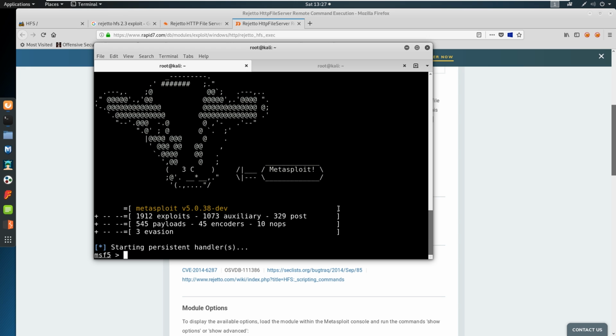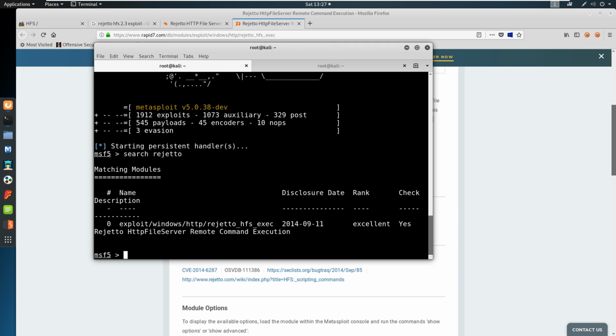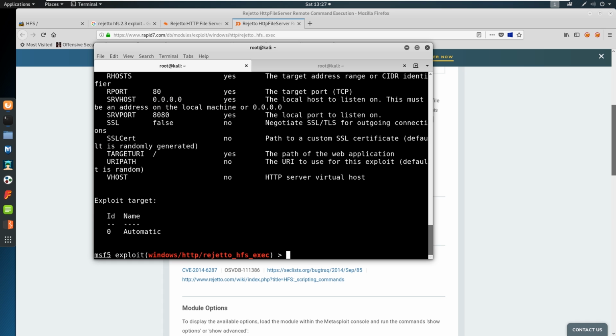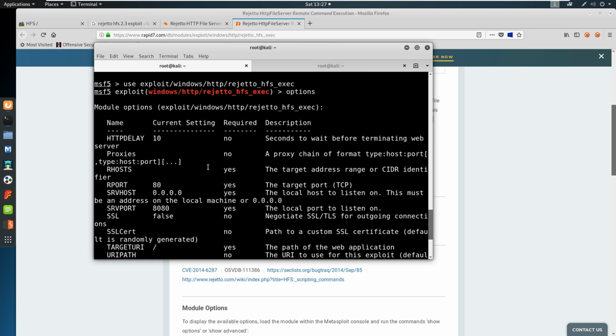So we could try a 64-bit payload first. If it doesn't work, then we'll go with a 32-bit payload and just be safe. So let's go ahead and just search for Rejetto real quick. And then we'll say use exploit windows/http/rejetto_hfs_exec. Okay, options. We're going to go ahead and set our host